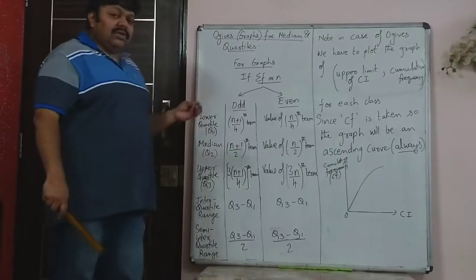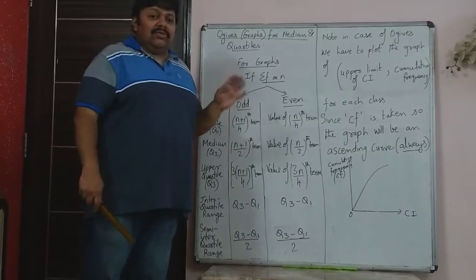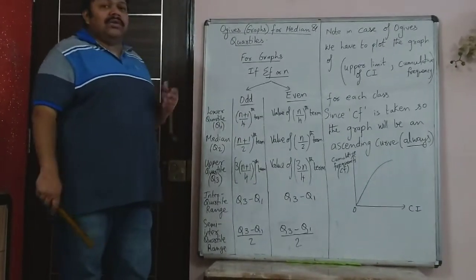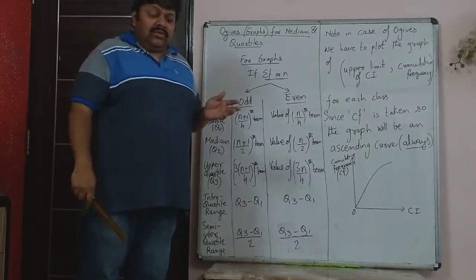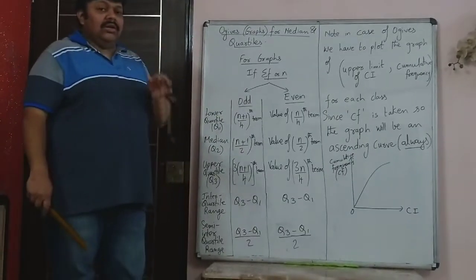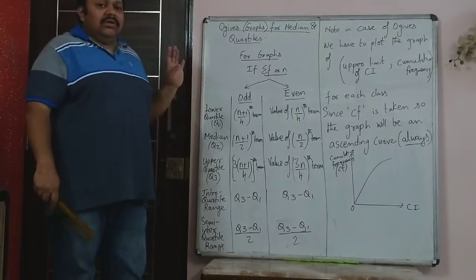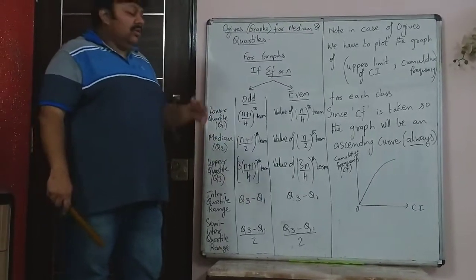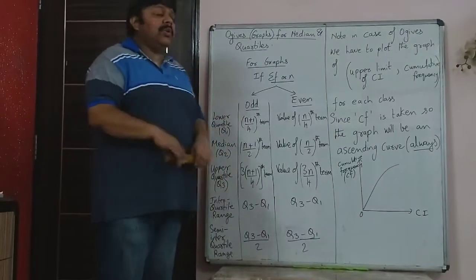So once you have learned 3-4 graphs, this ogives, that 6 marks is in your pocket in the board exam. Every school exam in terminals, in the prelims, everything, you will have one ogives in section 2. It is not a compulsory question, it is in section 2, but it comes in each and every board paper.